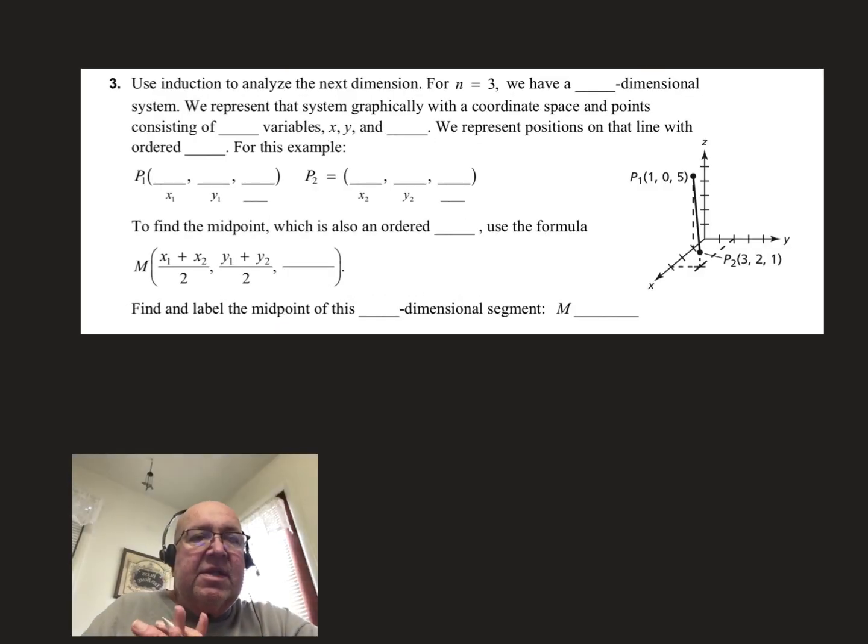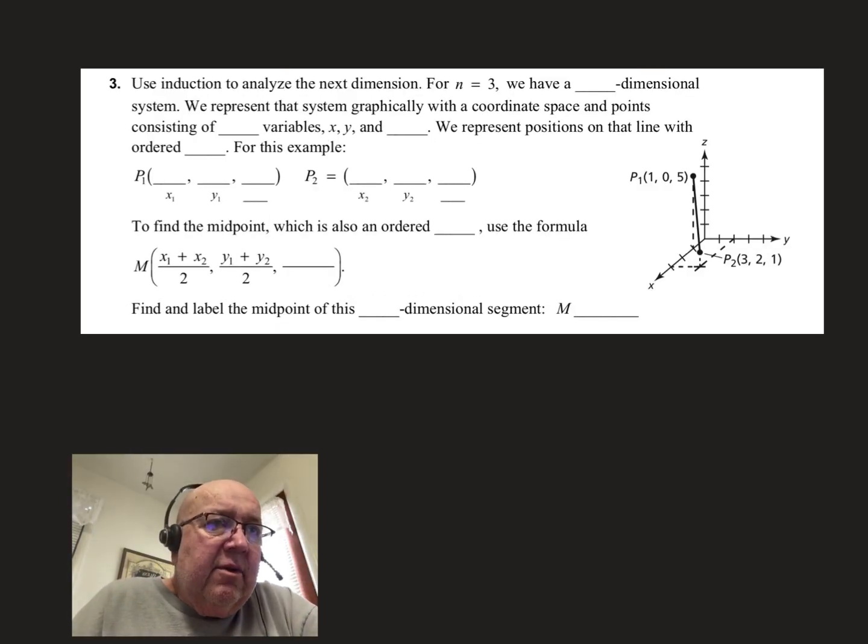We're going to take that one step farther. So we're going to have 3 variables in this. We're going to have x, y, and a third one, which of course is going to be the next letter after y. So you're going to fill in the blanks of how many dimensions the system is, how many variables there are, naming the variables, and then the ordered